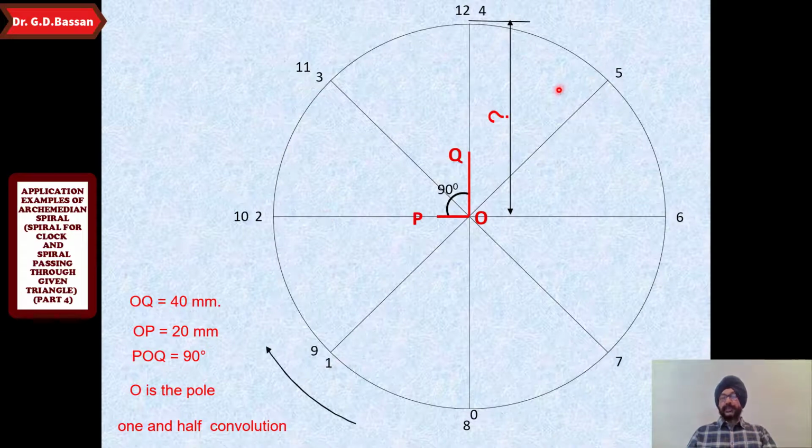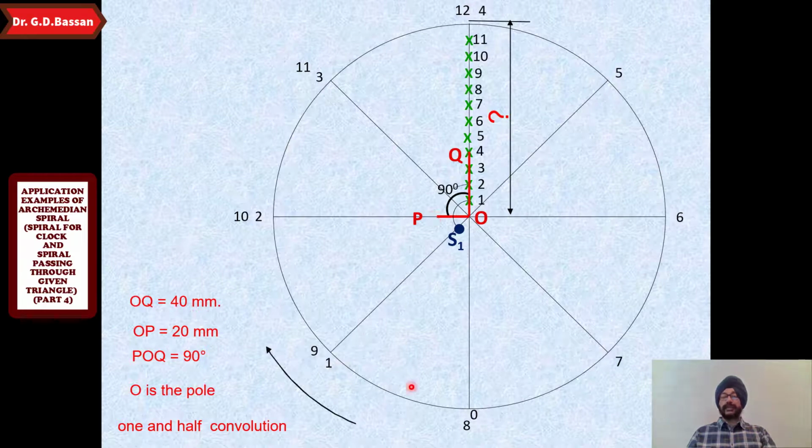As we divide the total circle into 12 parts, we have to divide the linear motion also into the same 12 equal divisions. So divide O to this 12 point into 12 equal parts. So I have divided it into 12 equal parts. Now after dividing this into the 12 equal parts, draw the Archimedes spiral. Taking center at O, radius equal to O to 1, draw an arc that is intersecting O1 at point S1. Now tell me where is your S2 point?